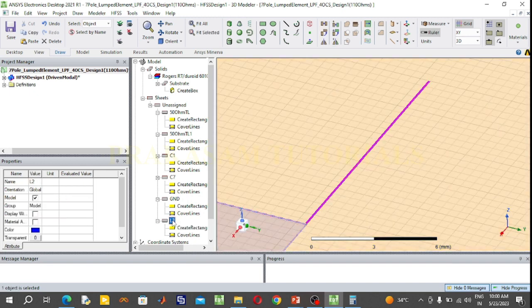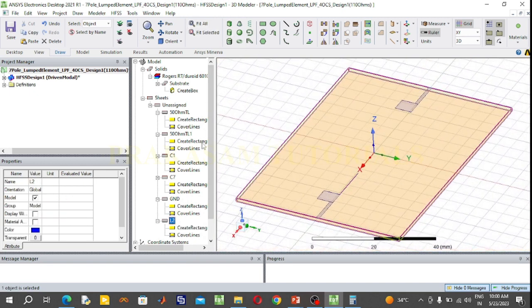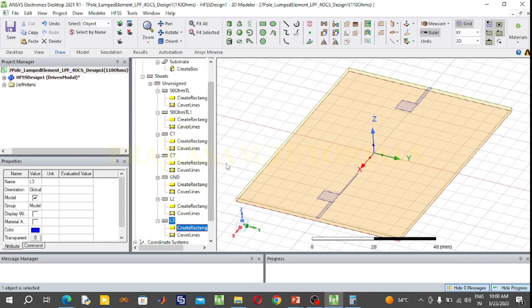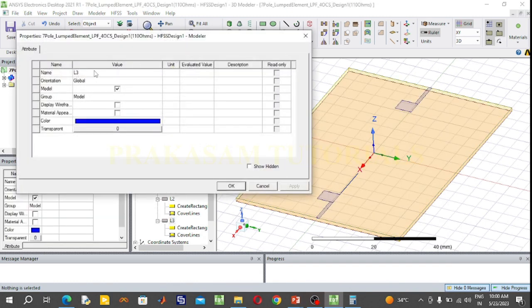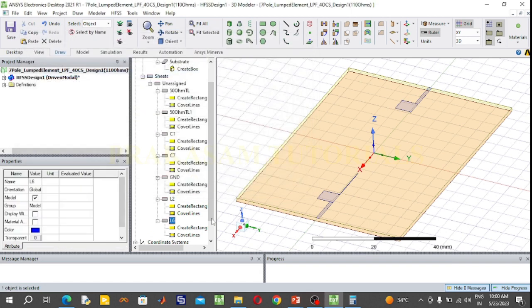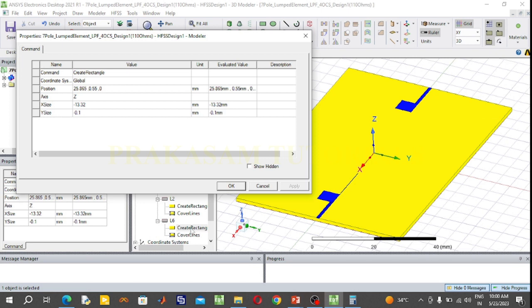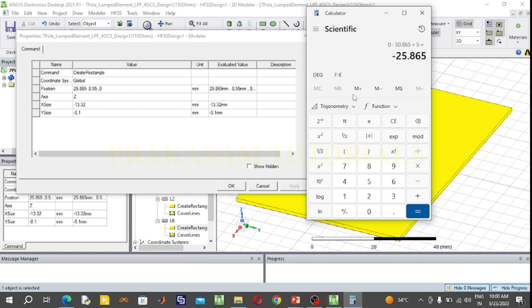And copy this element inductor L2, select inductor L2, press Ctrl C Ctrl V. So give the rename of this pasted element. The new name is L6. So change the dimensions of this element. So now here this X position is other end is minus